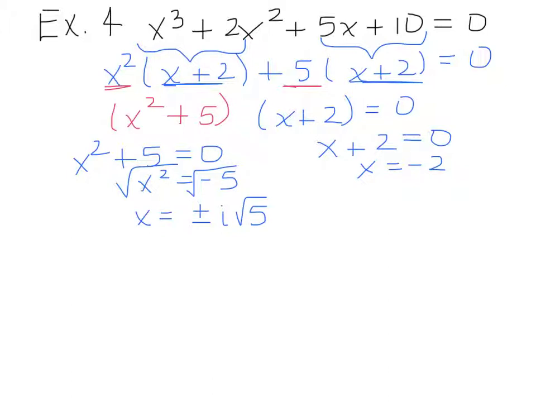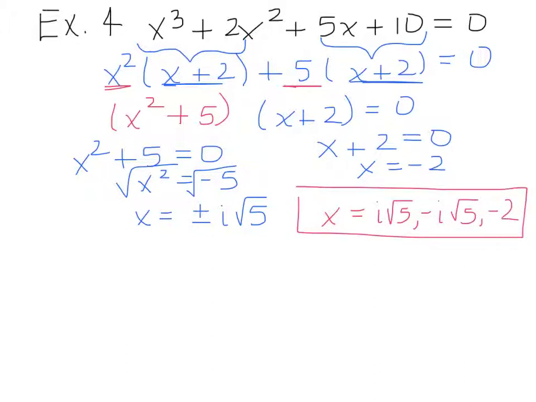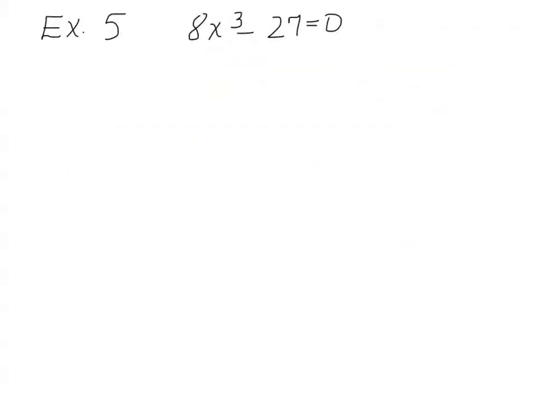So my degree is 3, so I should have 3 answers. You have positive i root 5, negative i root 5, and negative 2 are my 3 solutions. So your degree will always tell you how many answers there are. And the last, we'll do one more. These are perfect